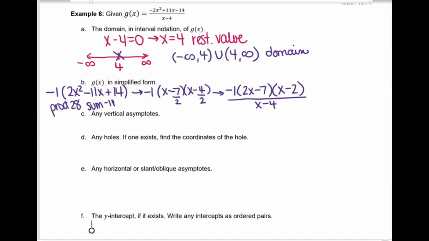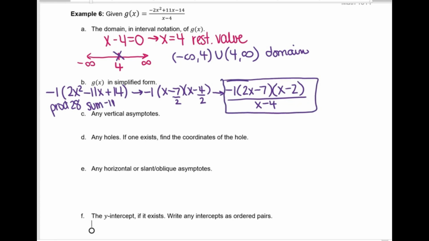So nothing canceled. Bummer. It factored though, so that's a plus. And that just means that our simplified form could be our factored form or our standard form, which we saw